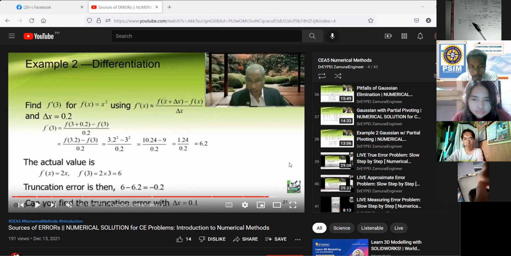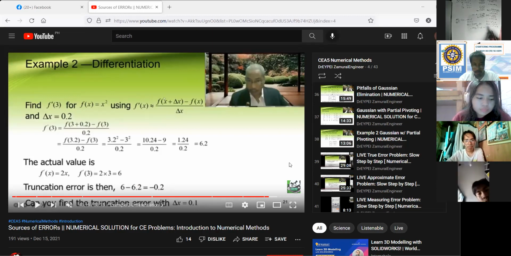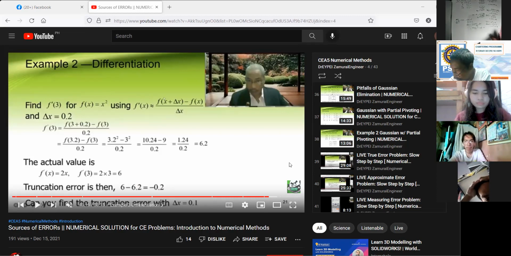And we can find out the true value by calculus. I will not solve that. Using calculus, we already know how to use calculus. The value is 6. And our answer is 6.2. So there is a truncation error of negative 0.2. Another, there is an assignment. Can you find the truncation error with delta x equal to 0.1? That is nice. Therefore, we have to use this